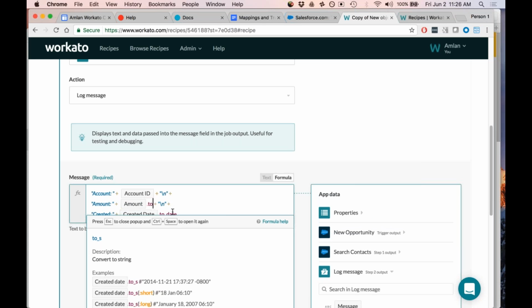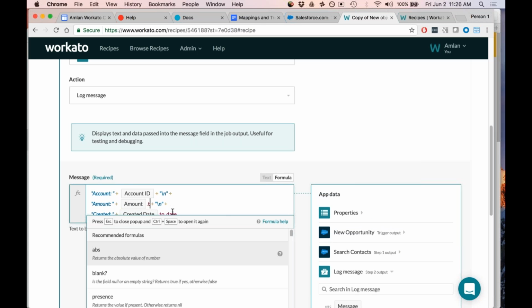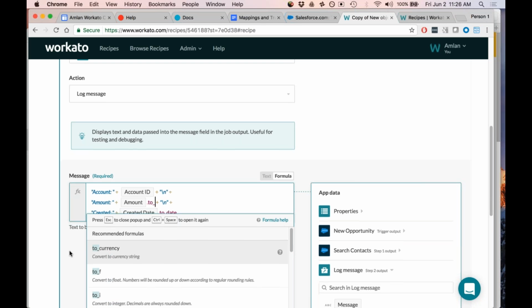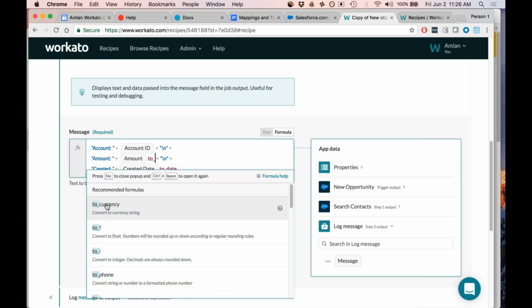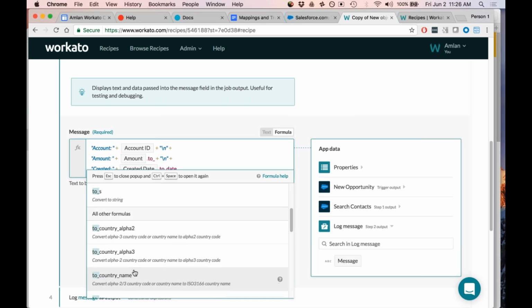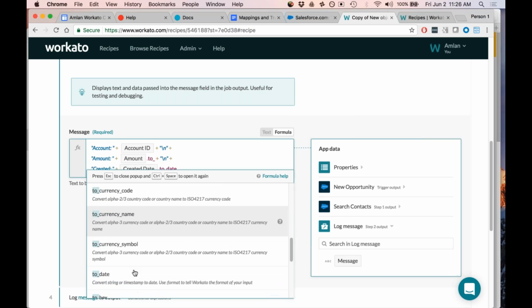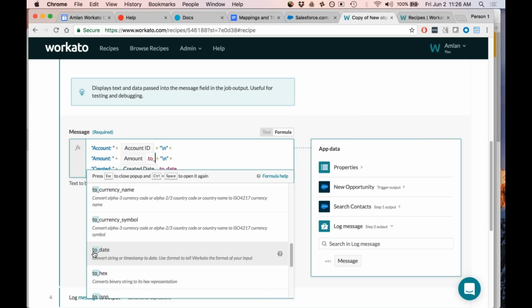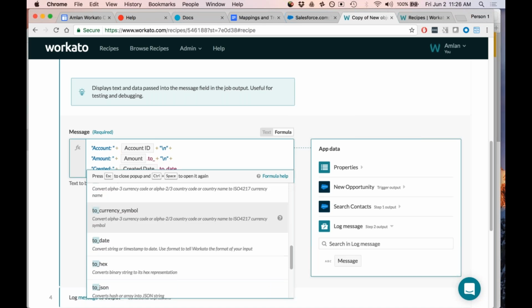So here, if I look at it, if I put 2, you'll see all of these different type conversion kind of formulas which show up. To 2f is to transform it to a float, to integer, to currency, to phone, to string. Then there are all these other ones which we will cover later on. So then there's to date, which I use later on,